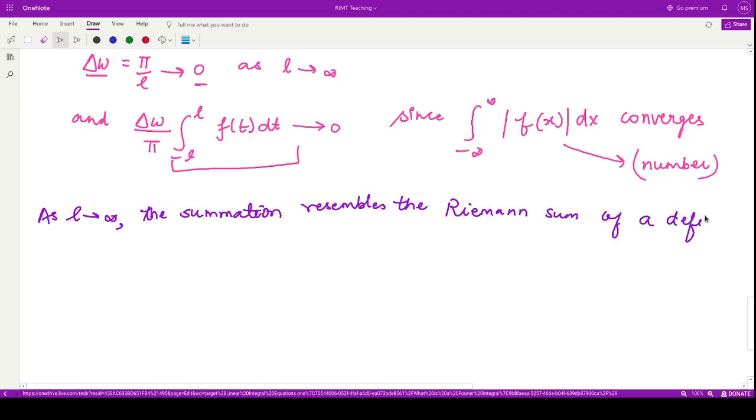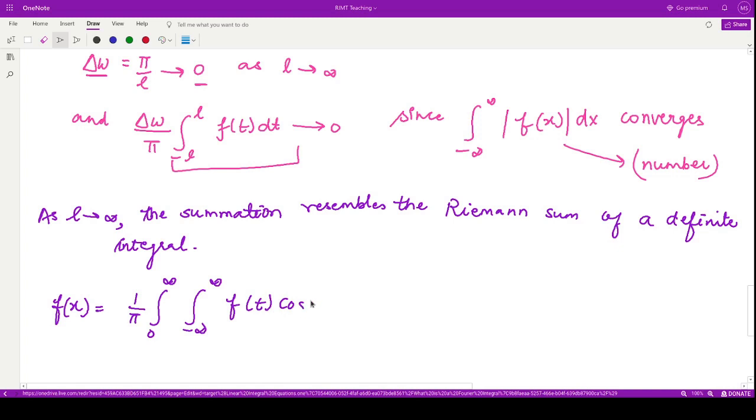If you do not remember what the Riemann sum is, you could go and see what a Riemann integral is, and then come back here, so that your function now becomes equal to 1 by pi integration from 0 to infinity of the term minus infinity to infinity. So instead of minus L to L, we have minus infinity to infinity f of t cos omega t dt